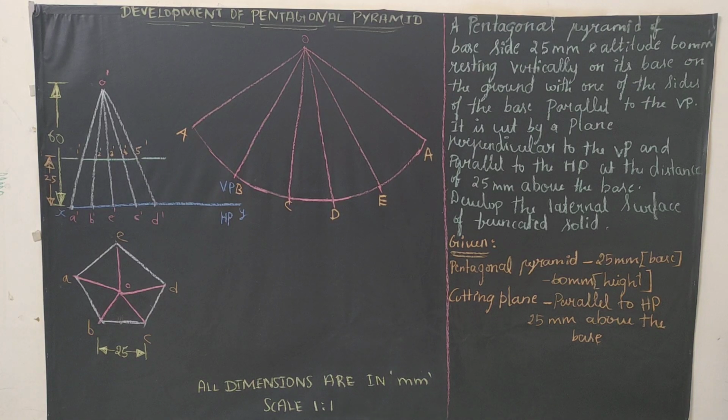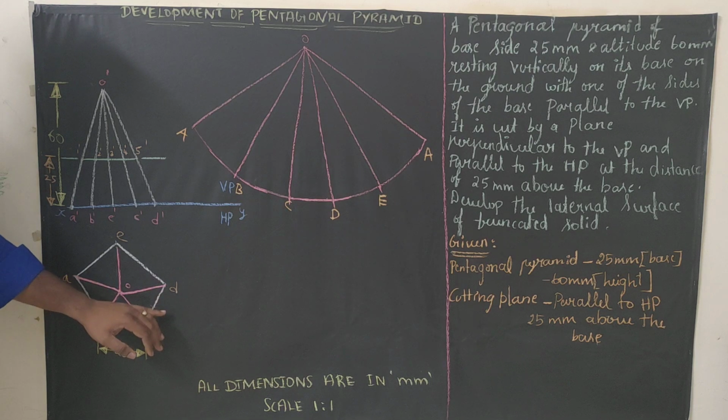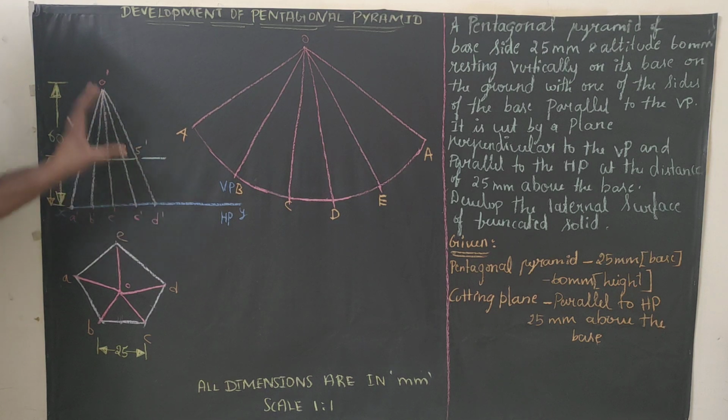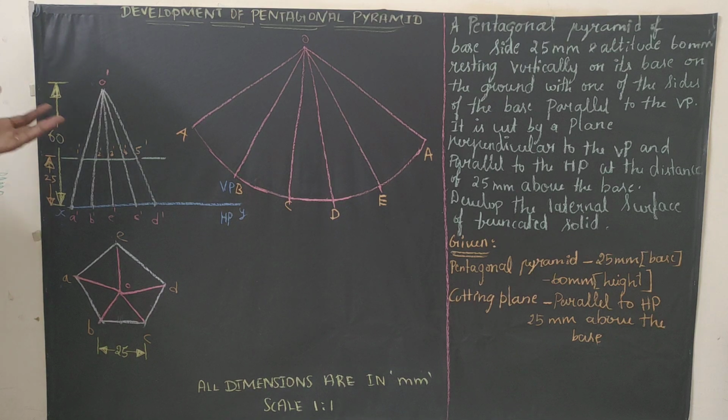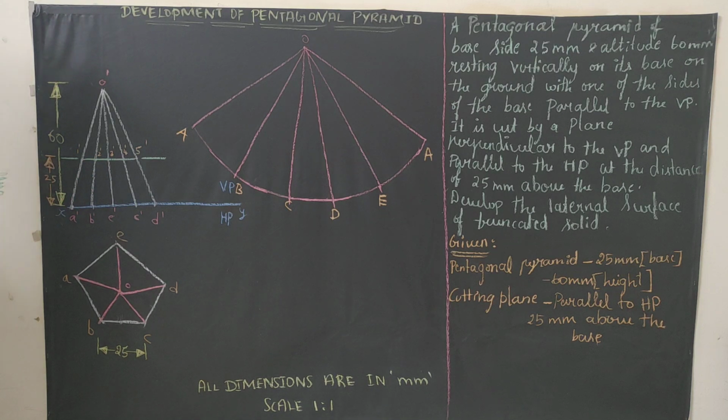See here, you need to measure the length of the slant edge. So here O dash A dash is your slant height and O dash D dash is your slant edge. You can take any of the two. Actually see here, OD is not parallel to the reference line. In the actual method, we need to draw a horizontal line and cut an arc, and then take it till the reference line, and then draw a new slant height and measure that and draw this. But since it's a tedious process, I just skipped it. You can also follow this. They won't cut marks for it, no need to worry. Regarding the new slant edge, I will teach in the next problem. Next problem we will see in detail regarding it.